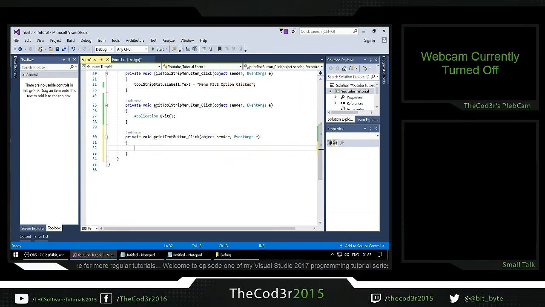So we double click on the print text button, and we're going to use what's called an if statement here. Now an if statement basically checks to see if one thing matches a certain thing. If it does, then it will do a certain thing, and if it doesn't, then it will do another thing, or it won't do anything. So we're going to use an if statement. So we type in if,